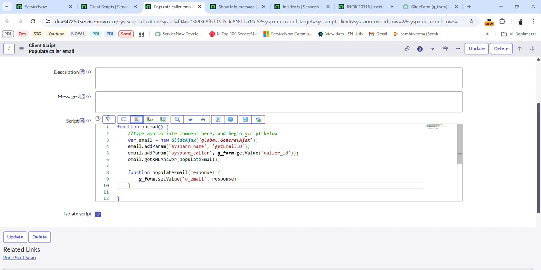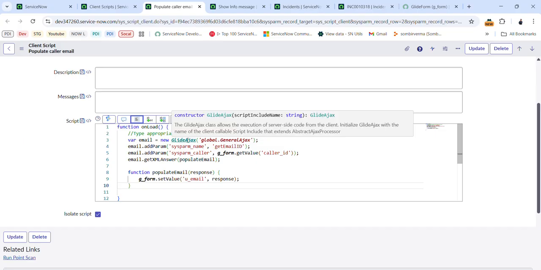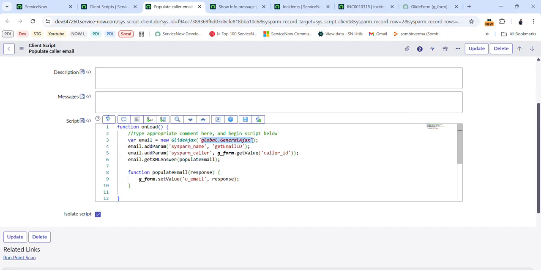This is GlideAjax. It is a constructor function which will call your script include. This is the script include name. Inside this GlideAjax, you have to pass the script include name in the quotes, and then you need to pass the parameters, like declaring, go inside this script include and search for these parameters. So addParam, sysparm_name. This is the syntax to tell the script which function you need to check. So sysparm_name will be getEmailId. This getEmailId is a function in the script include,